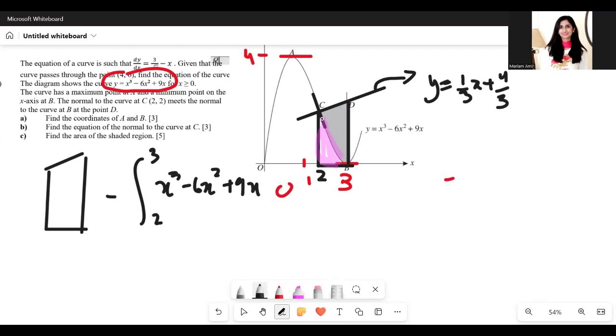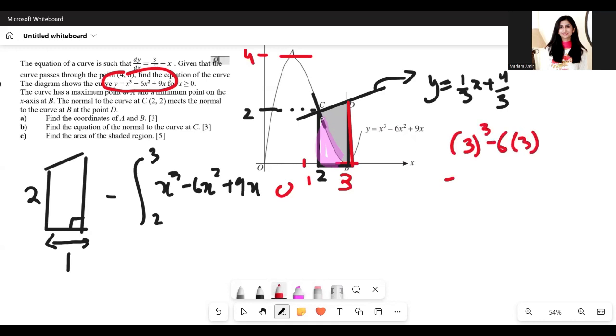Okay. Now, how do we find the area of the trapezium? This would be the height of the trapezium because of this right angle. Okay, that's going to be 1. And we need the parallel sides. This length is 2, we know with C. What about this other side? What is going to be the height of this side? For that, we need the y coordinate of D. We already know the x coordinate of D, that's 3. So I'm going to substitute 3 here. 3 cubed minus 6 times 3 squared plus 9 times 3. That should be the height of the red line, which comes out to be